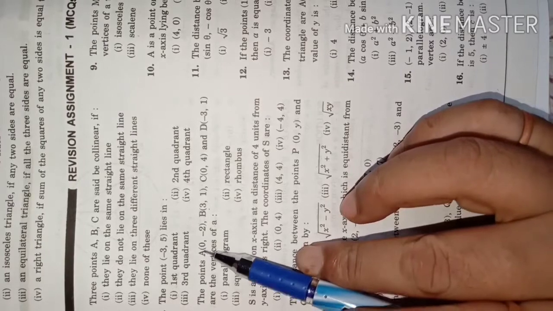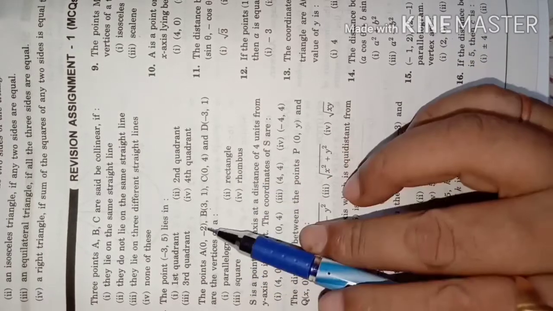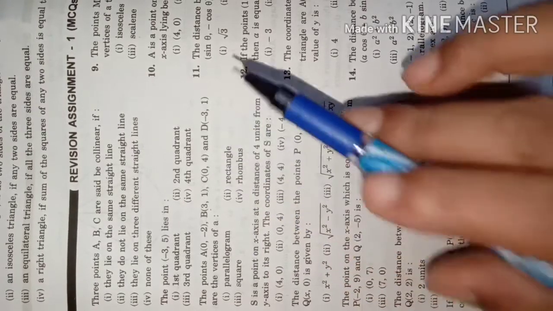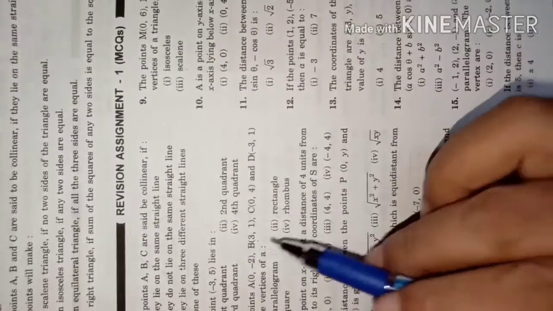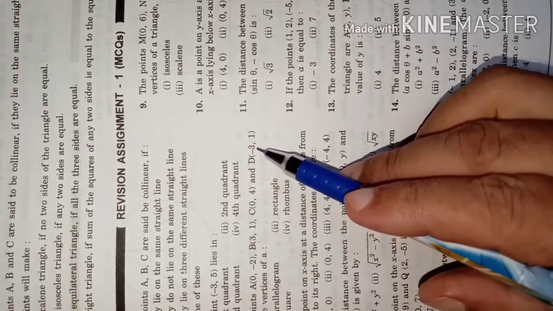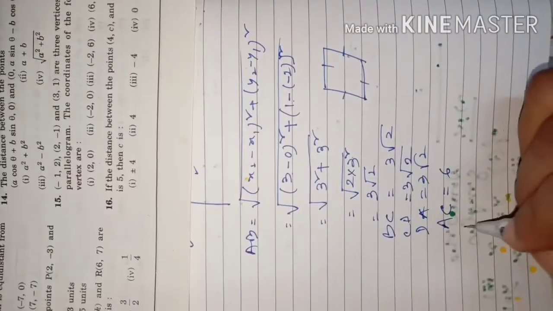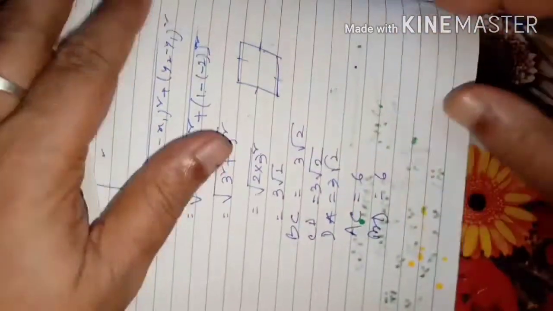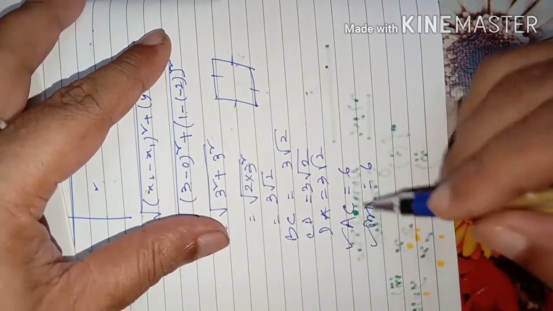Find out diagonal AC. Then (0 minus 0) the whole square plus (-2 minus 4) the whole square, minus 2 minus 4 is minus 6, the whole square, so it is 6. That is diagonal AC by the distance formula, which will be 6. And diagonal BD you find out: 3 minus 3 is 0, and 1 minus (-5)... so it will be 6. BD also will become 6 only by the distance formula. I am not doing all the steps; you do it by yourself, by the distance formula.